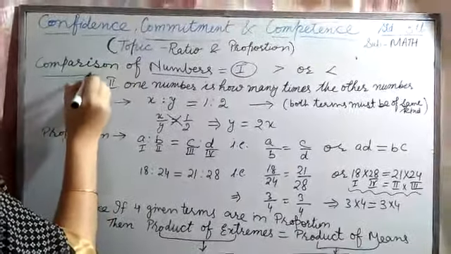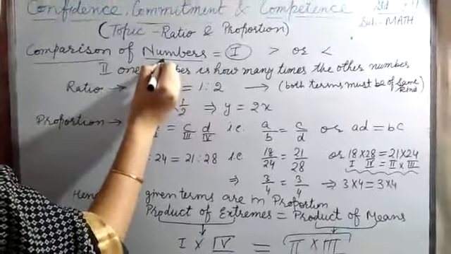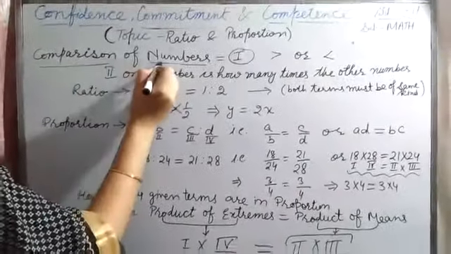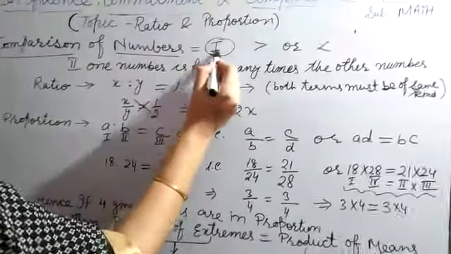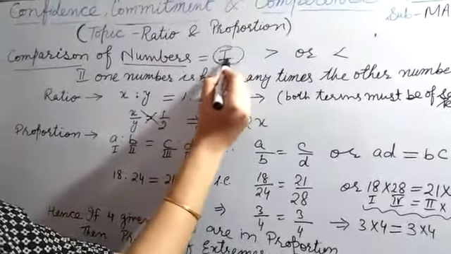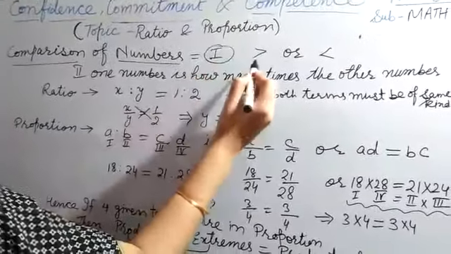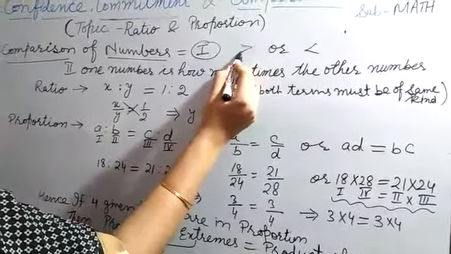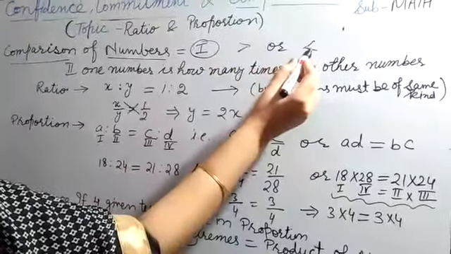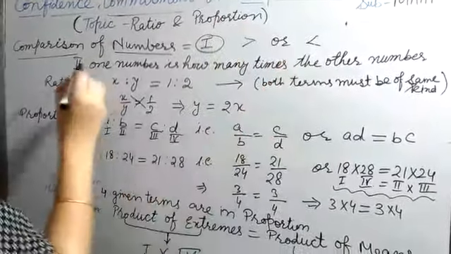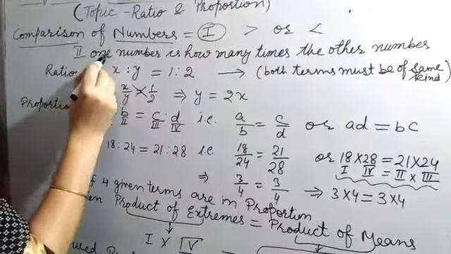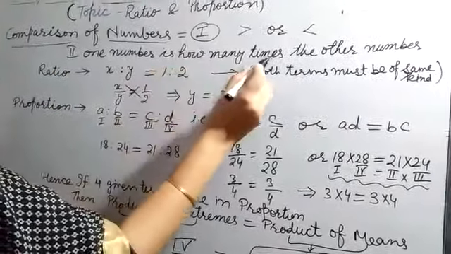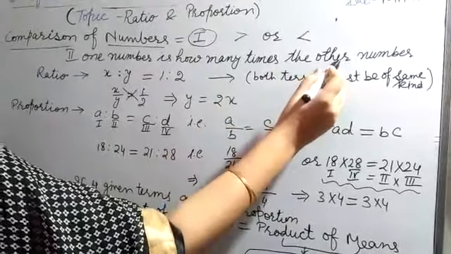See, every year we are learning about the numbers and how to compare the numbers. We have learned two methods till now. In lower classes, we learned how to compare the numbers. When two numbers are given, we were checking and telling that one number is greater than the other or one number is smaller than the other. In the second method, which we tried in 6th and 7th class, one number is how many times the other number.